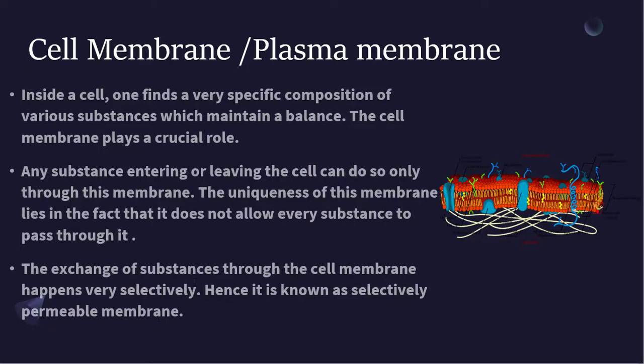Cell membrane is also called selectively permeable. Why are we calling it a selectively permeable membrane? It allows only the useful ones. It selects the materials which are helpful for the cell, and only those materials it allows to come inside the cell. Otherwise, if they are not useful to the cell, it simply rejects them. So that is why it is called a selectively permeable membrane. Okay children, I think you understood that.